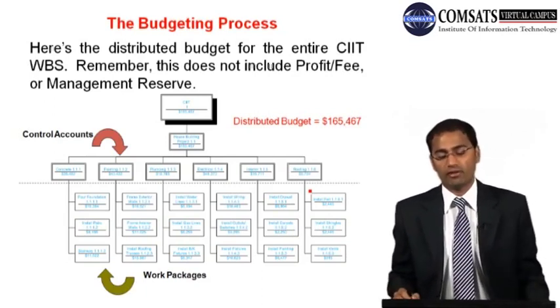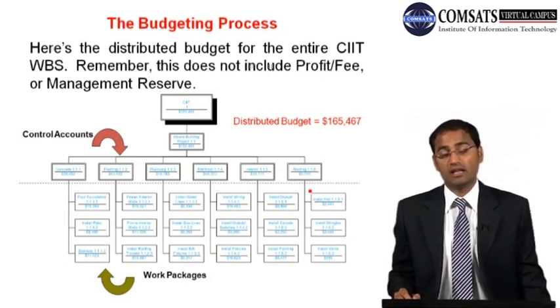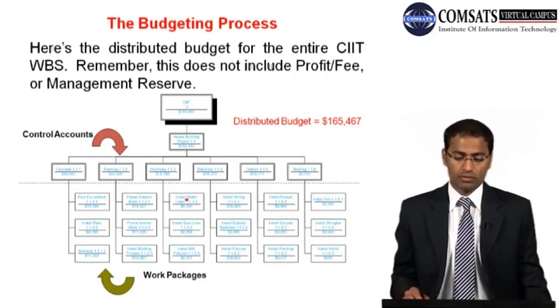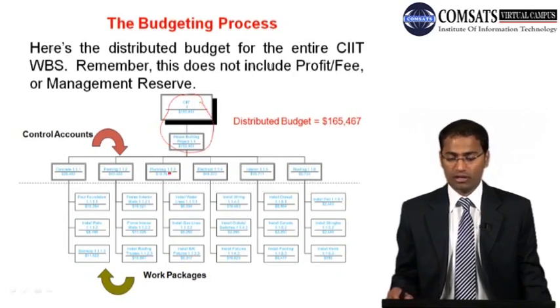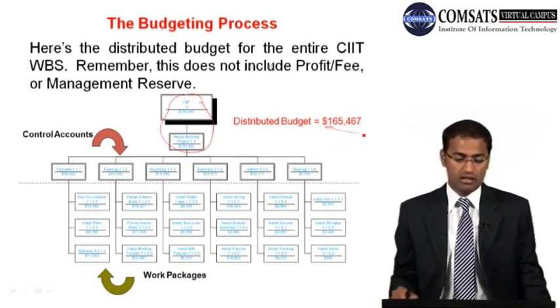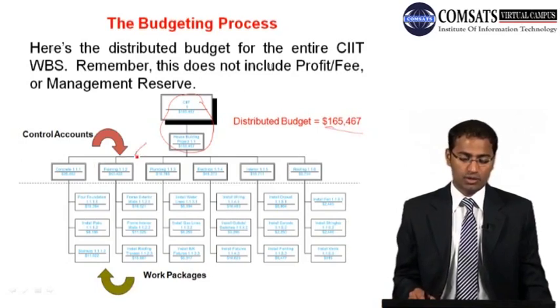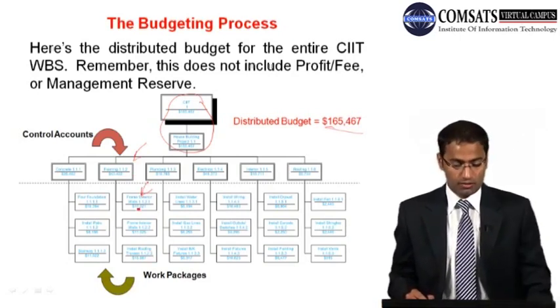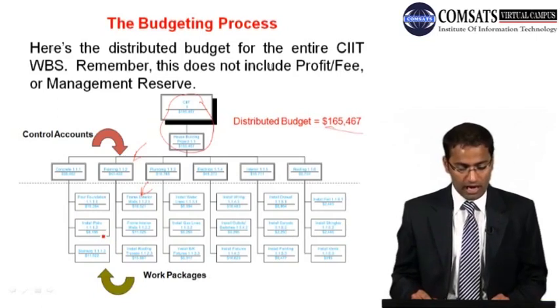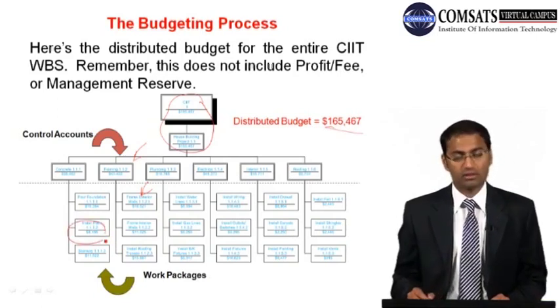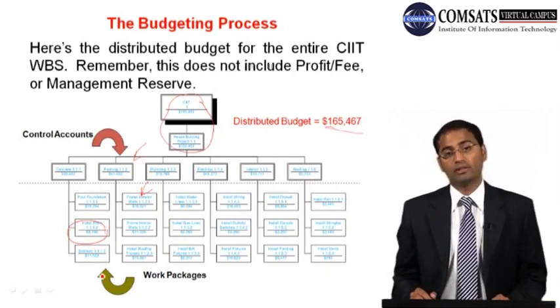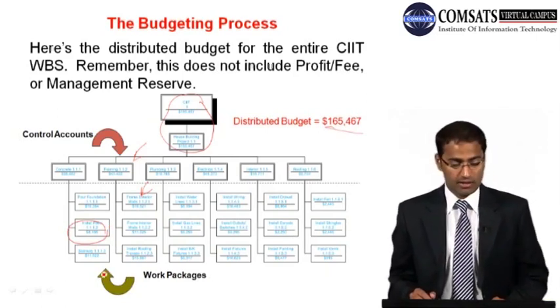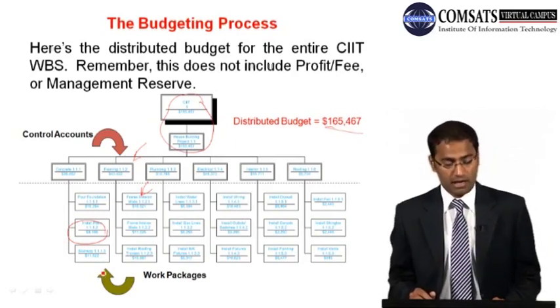Remember, this does not include profit, fee, and management reserve, but at this point in time it does include the contingency. So the distributed budget, if we are holding it now, is 165,467, and then this is divided into control accounts, and then control accounts into work packages. Now remember we had estimated 11,400 and something, and we are actually giving the control account manager or work package manager